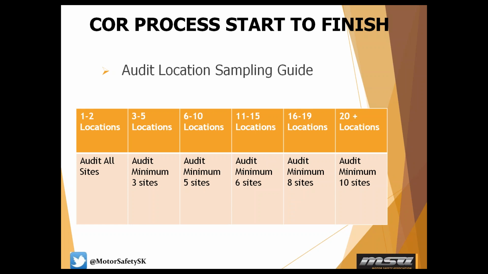And what this looks like is, this is based on your WCB number. So if all 7 locations are under that WCB number, it would fall under this chart. If all 7 locations had their separate WCB number, they would be separate audits. But for the most part, for a lot of the groups and organizations we're with, their locations are in fact grouped under one WCB number. So in this example, with 7 stores that fall under the same WCB number, we would do a minimum of 5, and we would need an audit request for each of those 5 locations.